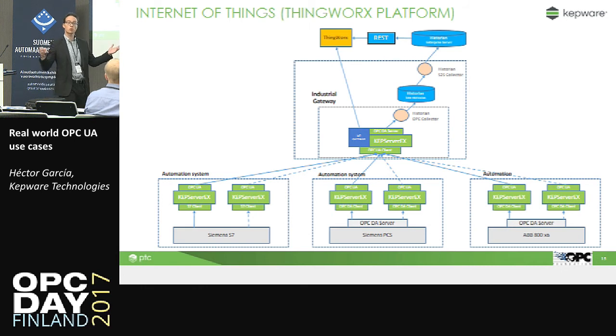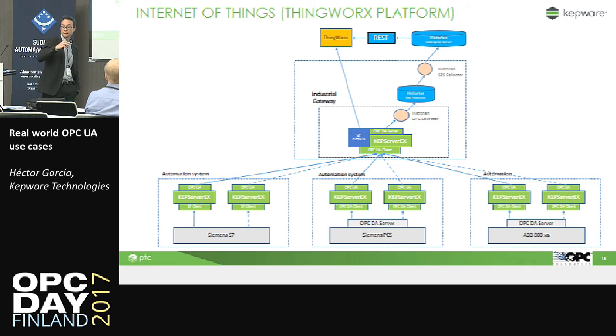We didn't tell them, okay, you have to remove everything you have. We just added some functionality. Okay, you already have everything? Okay, we are not going to interfere with your existing plant, with your existing installation. We are going just to get data from the existing OPC DA servers. In one plant it was with Siemens PLCs, and in another one it was with ABB devices. Everything redundant, of course, and what our customers made was they created what they called an industrial gateway.